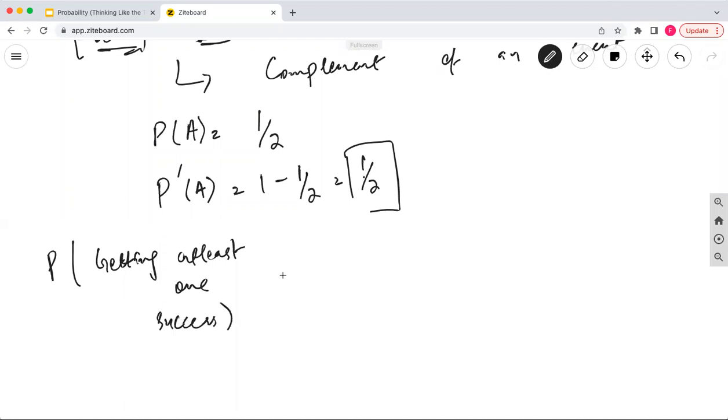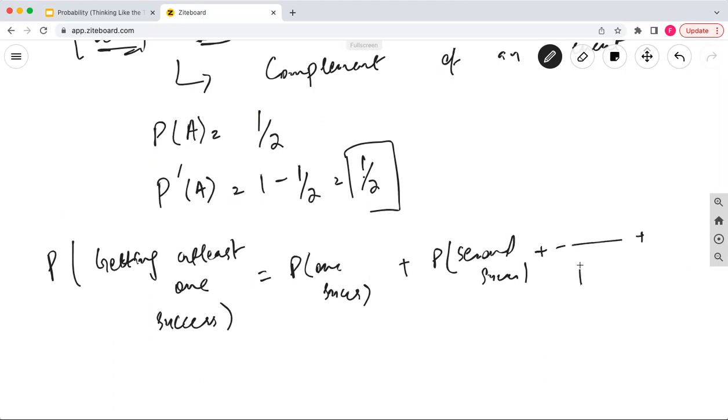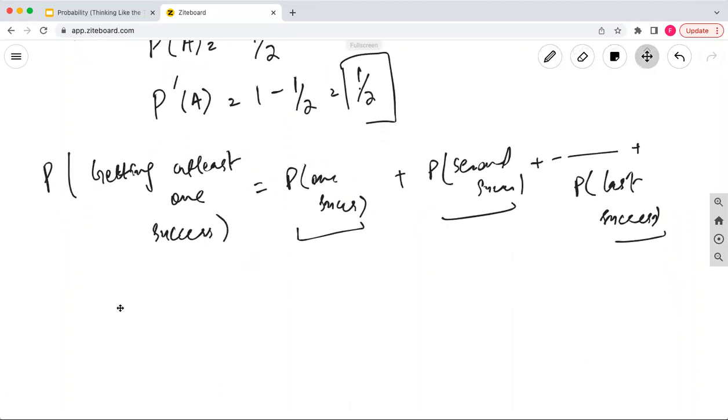One way of doing it is that I will see the probability of one success, probability of second success, up to the probability of last success. So one way is probability of first success, second success, third success, to last success. This is one way. Another way, and the better way, is that the probability of at least one success